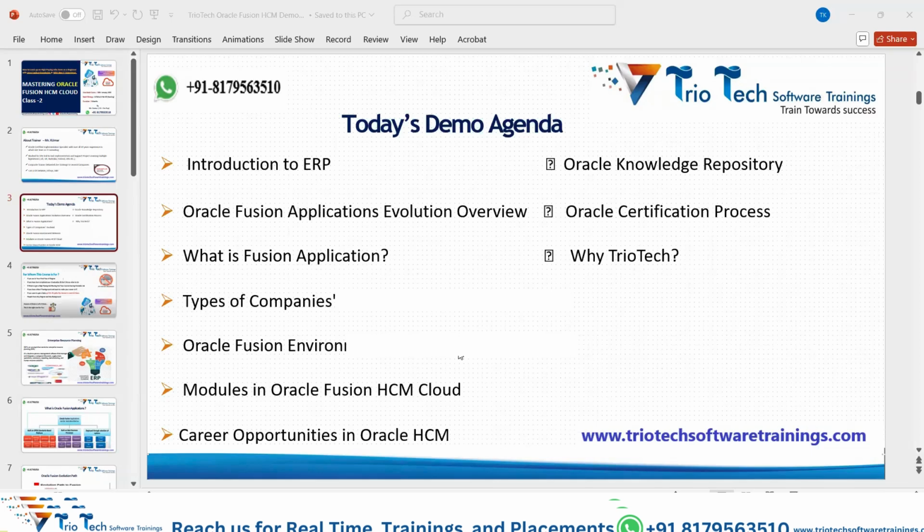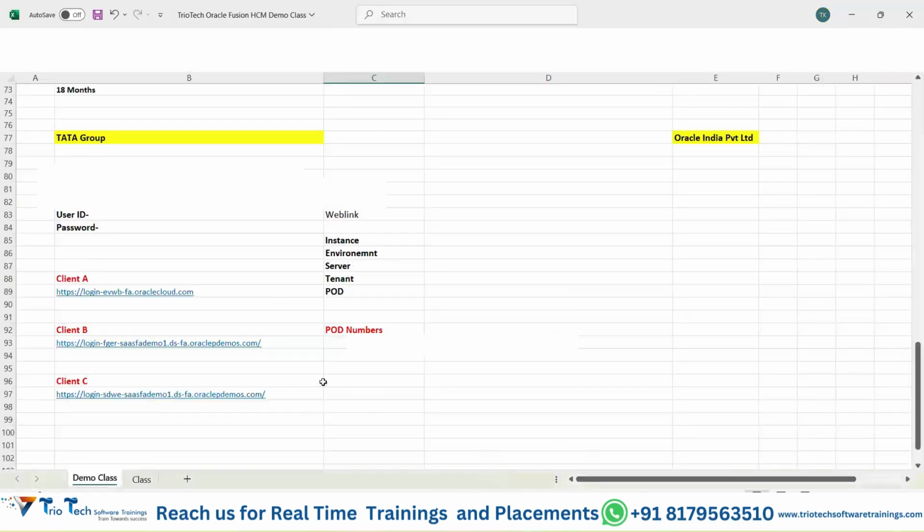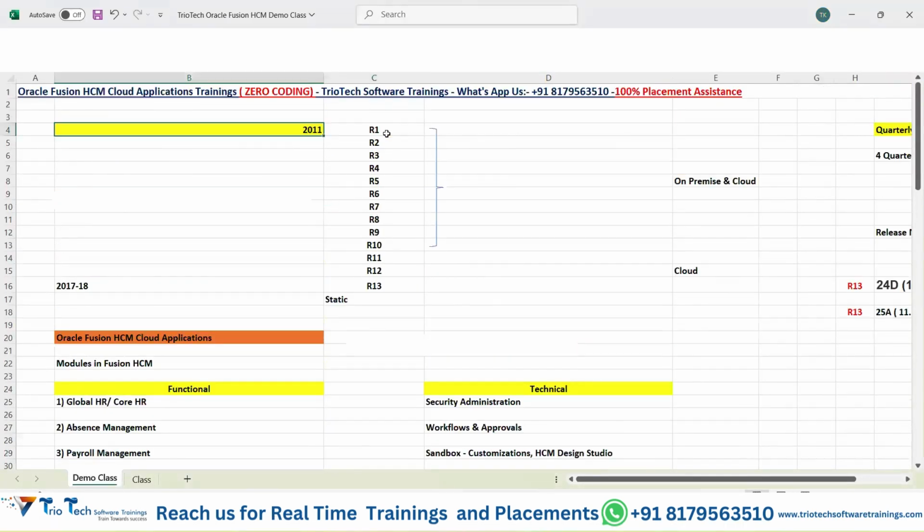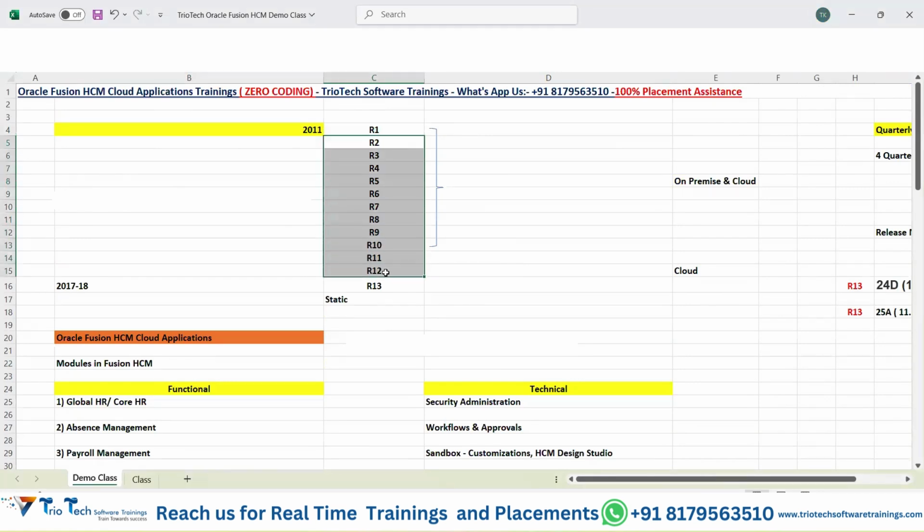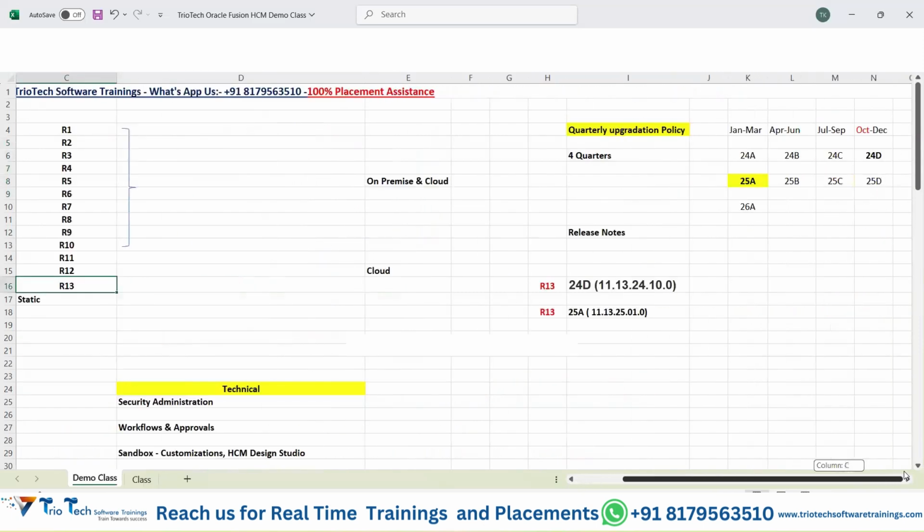I mean to say, when Oracle introduced these applications in the market, what was the version they came up with, right? What is the release version they came up with? Since then, how it evolved, what is the latest version of the application, and what is the upgradation policy that Oracle follows every year? During that time, what is the sequence pattern that Oracle follows for every quarterly upgrade provided to their application team, right? And then we also discussed it, team,